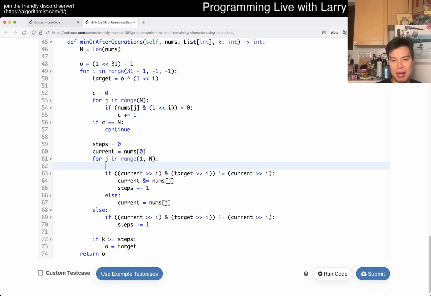I guess I could have used a mask or something. I don't know why I did it this way. It's fine. Now that I understand it a little better, maybe I would have rewritten it. But basically this is saying if the prefix cannot get to target, at least all the zeros of the target, then